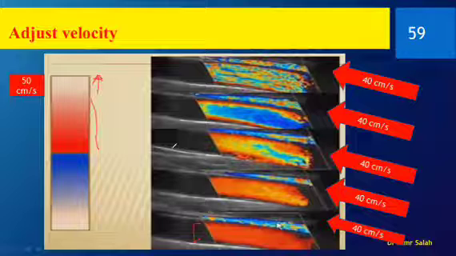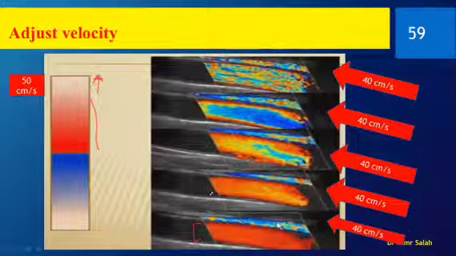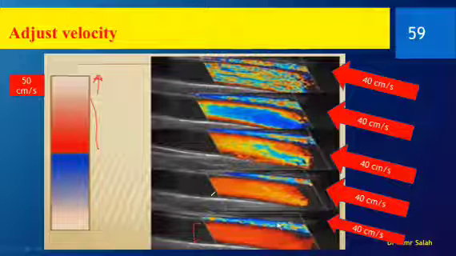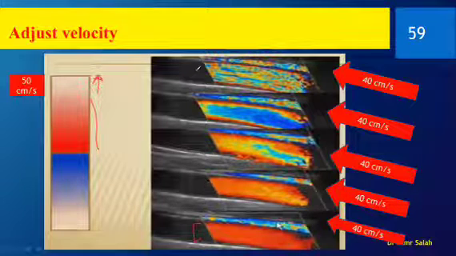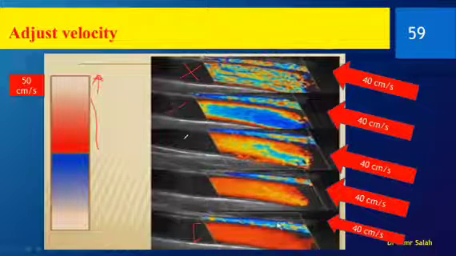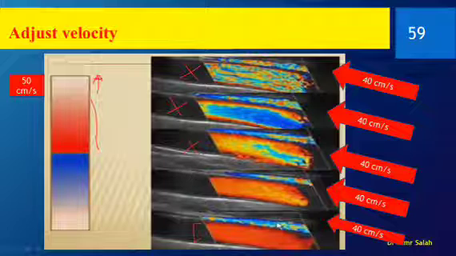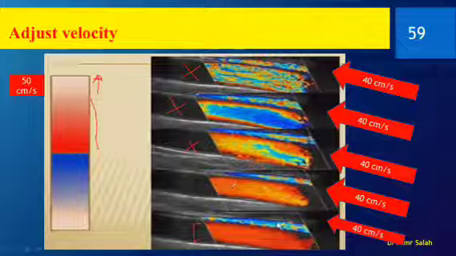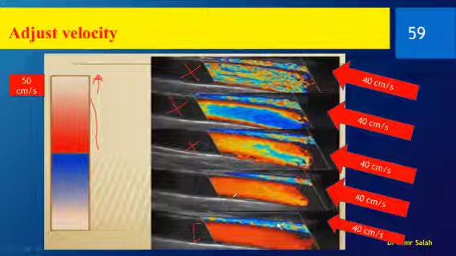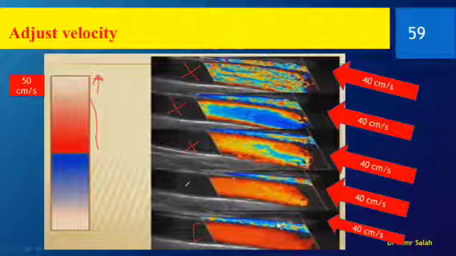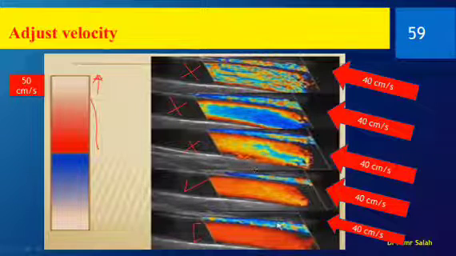So which one gives us the best appreciation of the different velocities of the blood vessel? Here we have aliasing. This is not good. And here we have aliasing too. Okay, here we can differentiate, but still there is a little aliasing inside, so it is not good. Here we don't have any aliasing, and I can appreciate the different grades of red according to the different velocities in the blood vessel. So this is the best.